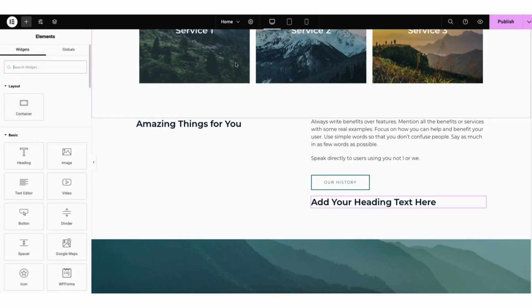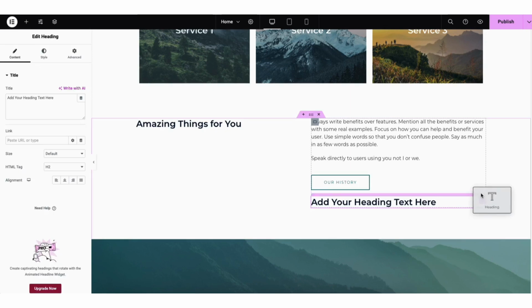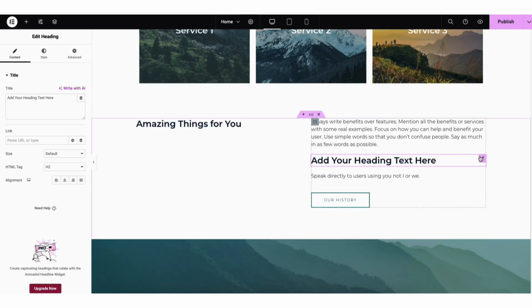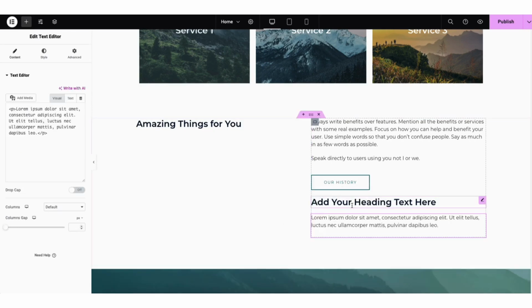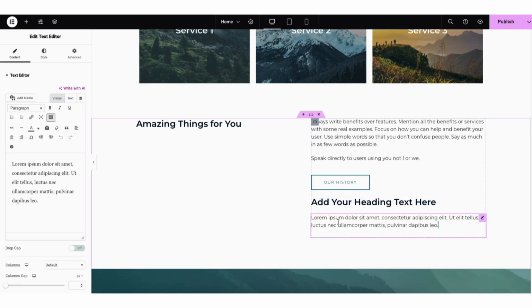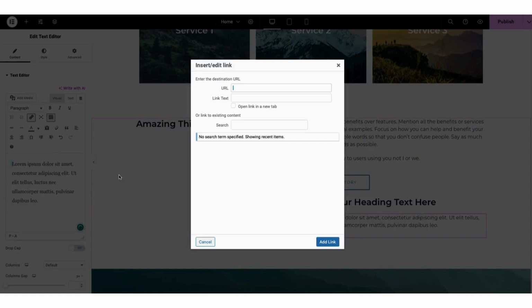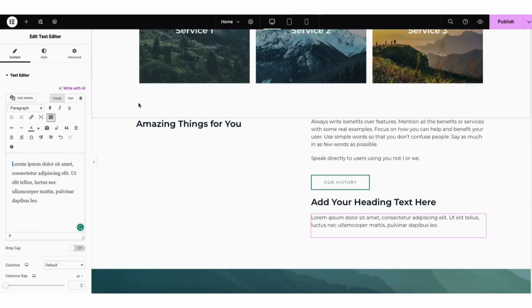You can drag something over to somewhere else on the page by selecting it and dragging it over to where you want it. I'll drag a text into the page. If you click to edit the text, you'll be able to make edits to the text like make it bold. You can link out a text to somewhere. If you click the settings icon, you can choose to have the link open in a new tab if you'd like. If you click toolbar toggle, it'll give you more options like changing the alignment of the text, changing the text color. You can undo and redo changes here.